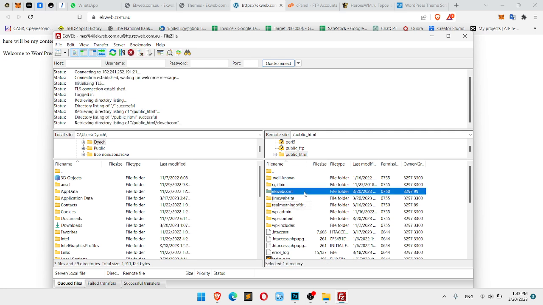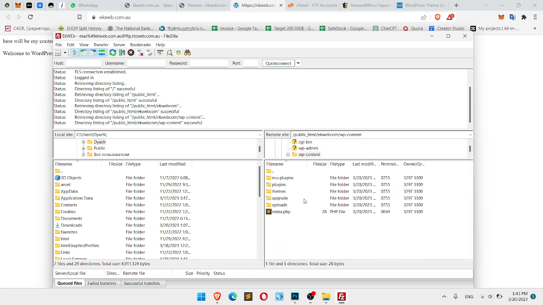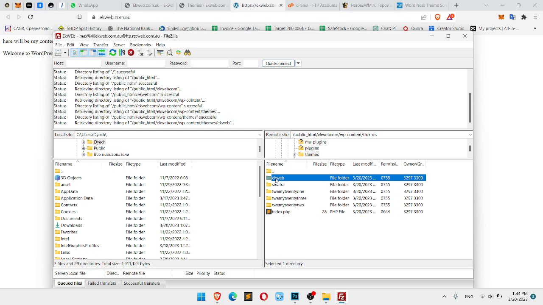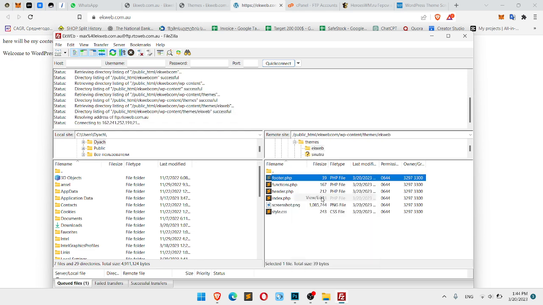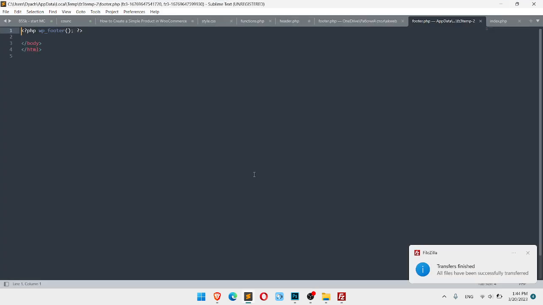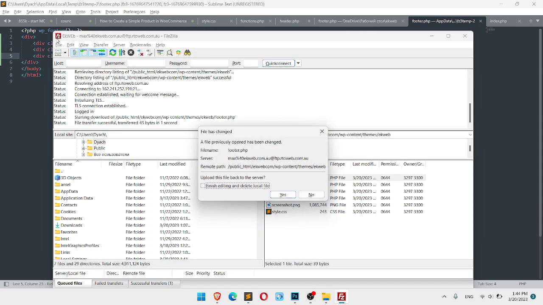Let's go to our AccuWeb website. It will be the website for WordPress maintenance. Okay, themes, and here is our theme as you can see. And let's go to footer, for example, edit, and it's loading. Okay, so now we can edit it locally. So let's edit like this, like div, and col-3, col-1, 2, 3. Okay, upload,